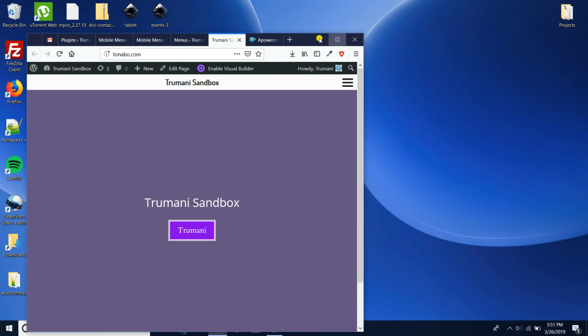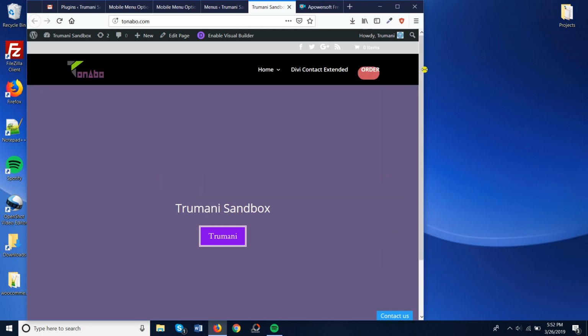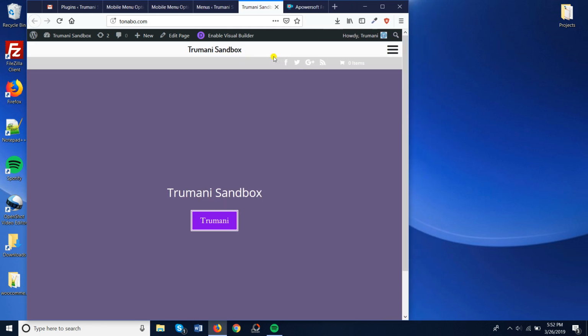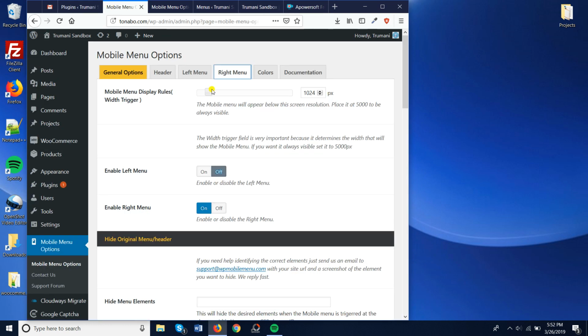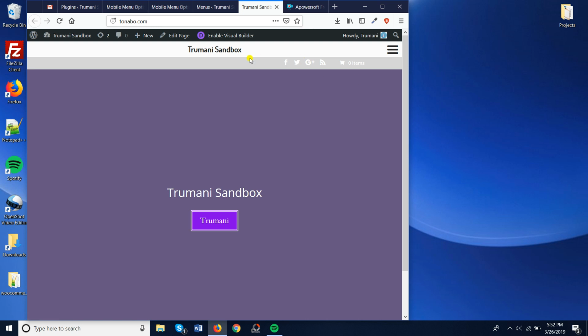Now, there are some configurations that you'll probably want to make. For example, by default, you'll get two menus, left and right. You may want to choose just one to avoid clutter. You'll also want to make sure that the breakpoint is set accurately. The out of the box setting, I believe, is 1024. You'll want to set that to what the mobile menu breakpoint is for Divi,